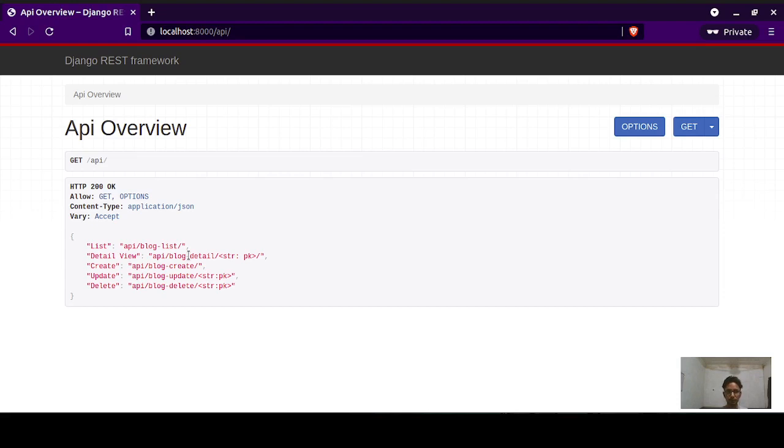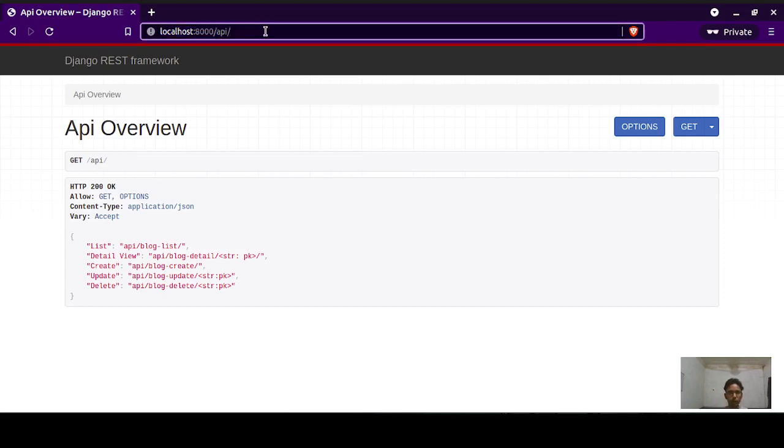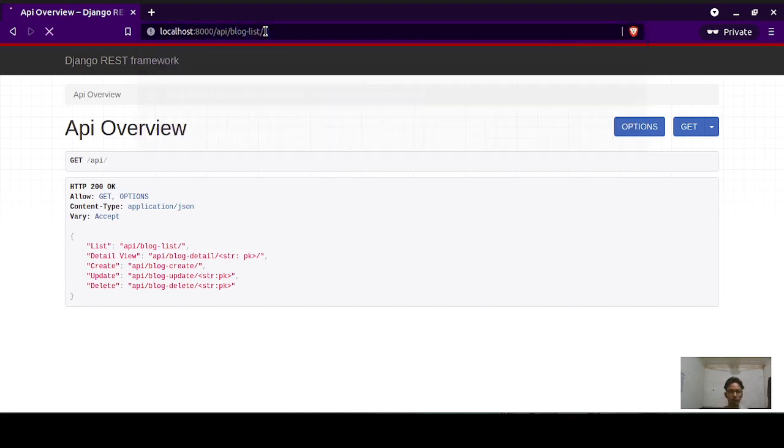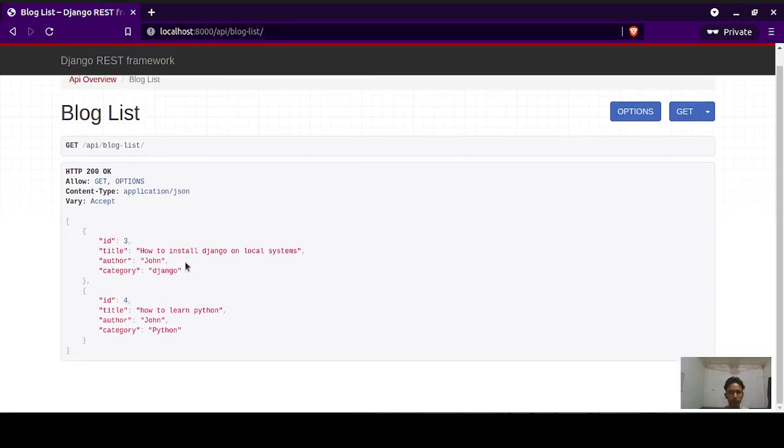So you can just do that, and we will be going to learn about how we can create endpoints, and then we will be moving forward to create blog update endpoints by defining their primary keys, and then we will be going to look at how we can actually delete a blog, right? So if I try to navigate to this URL, localhost colon 8000 API, and we pass blog list, it is going to show all the blogs that we have in our database, right?